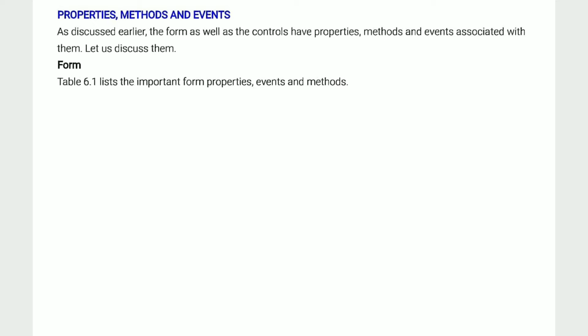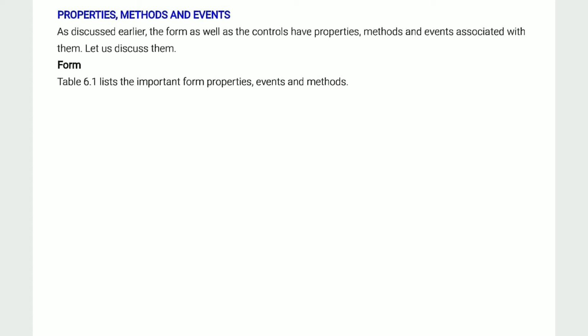Now, what is a method? Methods represent actions. The methods include show and hide. In fact, a method is an action that is performed on an object. For example, the show method is used to display the form and the hide method is used to hide the form from displaying.